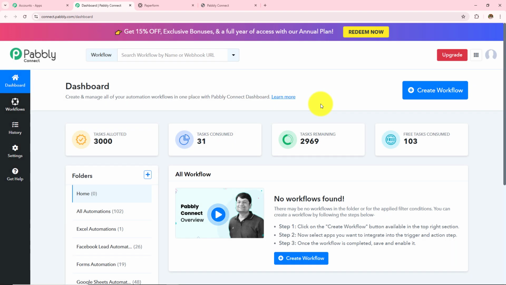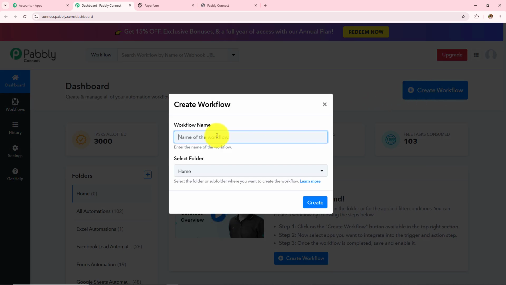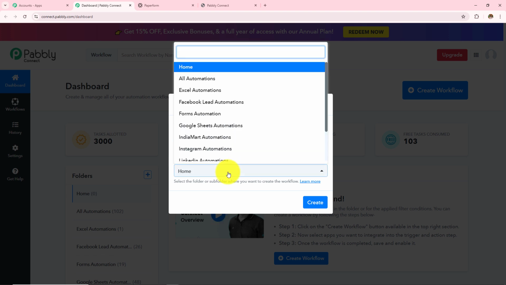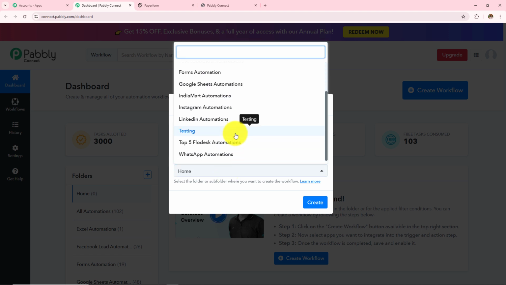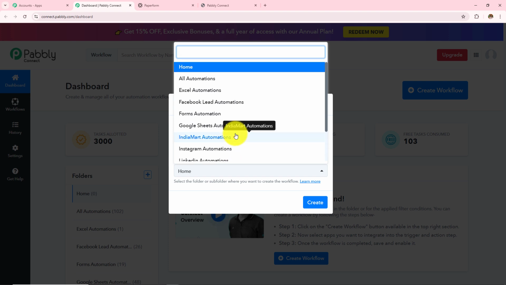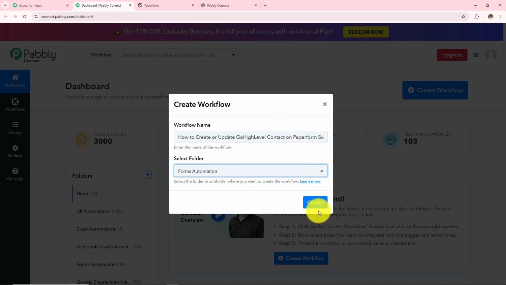For now, I want to create a new workflow, for which I need to click on this create workflow, and first I need to provide the workflow name, and then I have to select the folder in which I want to save that workflow. So first let's name this workflow as how to create or update GoHighLevel contact on Paperform submission, and now I need to select my folder. So these are the folders that have been created, and I want to select this forms automation